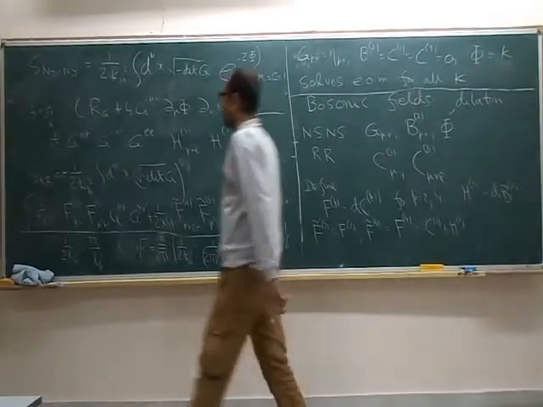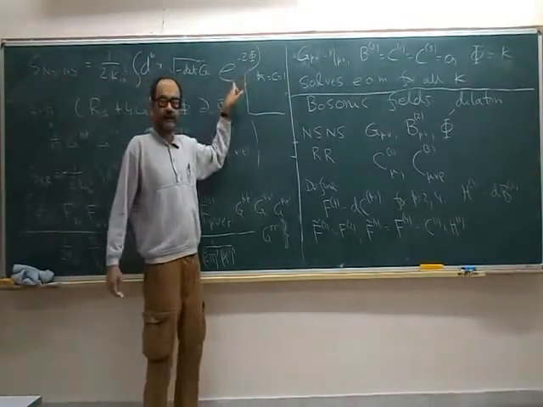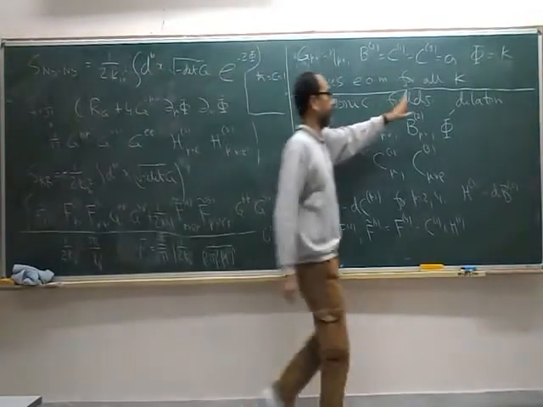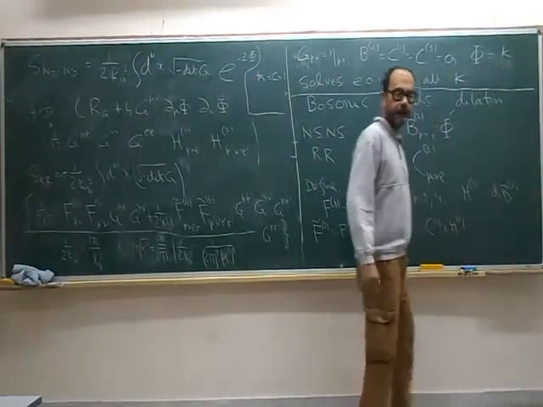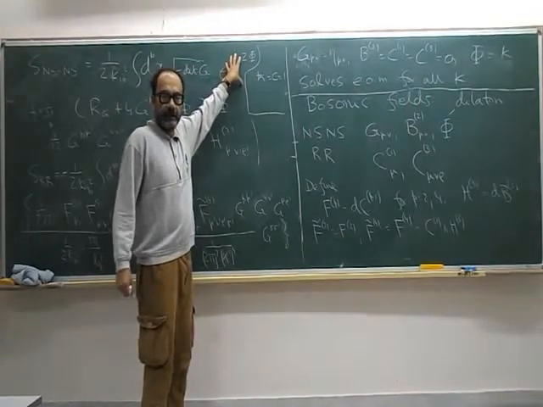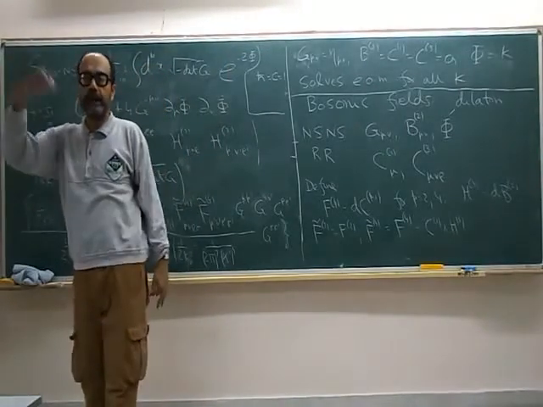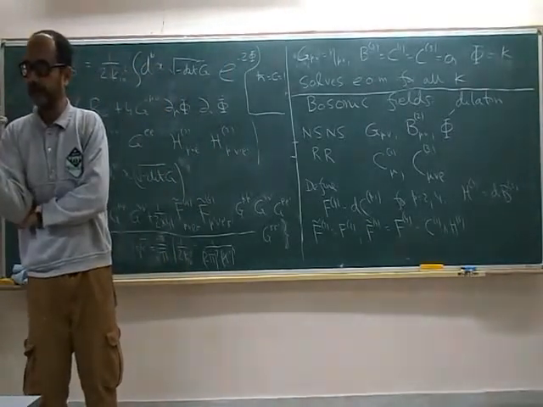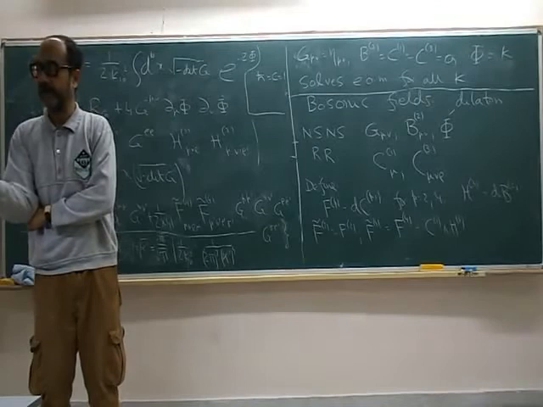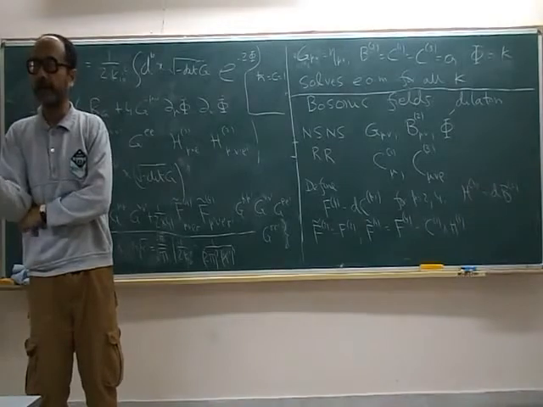Now, it's also more or less clear from the structure of the action that because e to the minus 2 phi comes in front of the action, if you expand the action around phi equal to k, you will get an e to the minus 2k over here. And if you compare that with the usual action that we write down, where 1 over g squared sits in front of the action, then e to the minus 2k behaves as if it's like 1 over g squared, the coupling constant squared. So e to the k acts as the coupling constant of the theory.